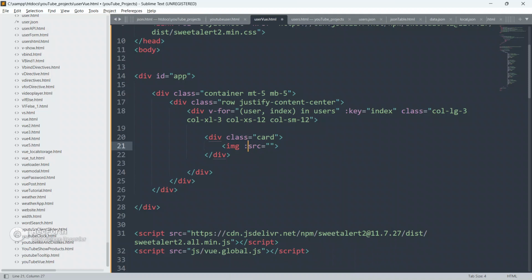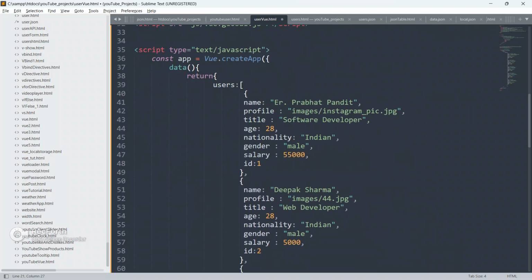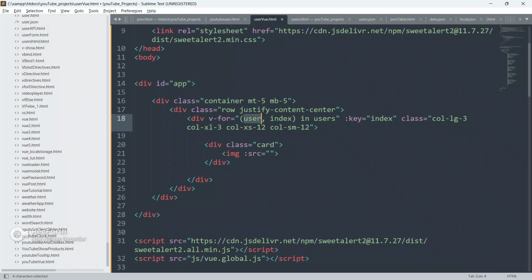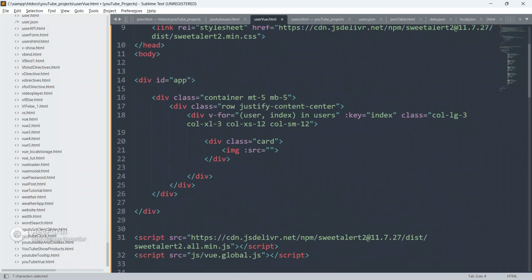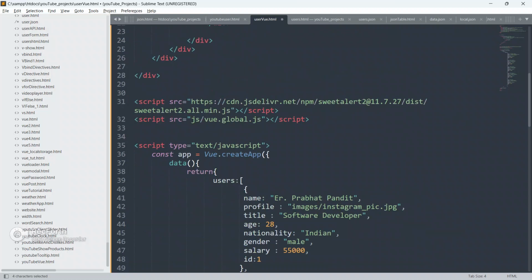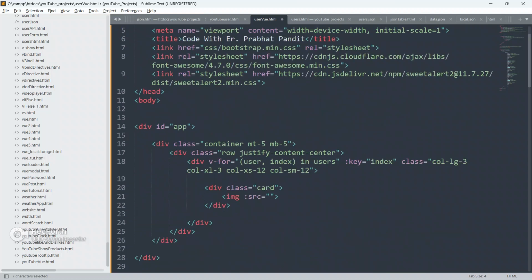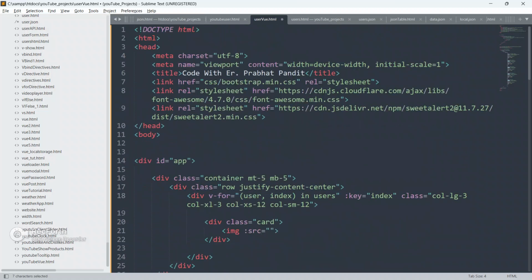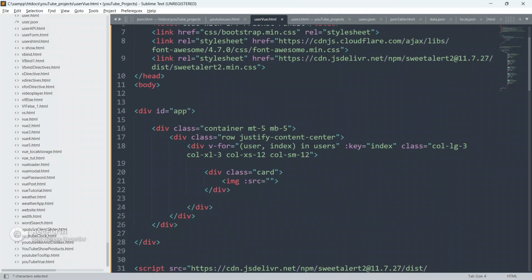So img with src, and we have to use the colon to bind src from here. This is the profile, so it will now be user dot profile.